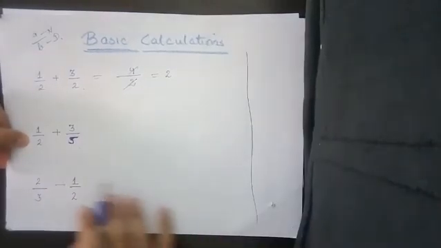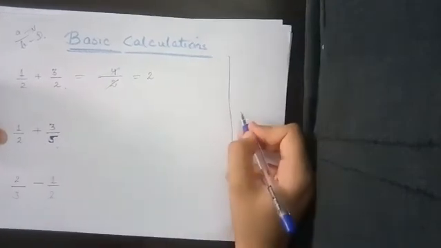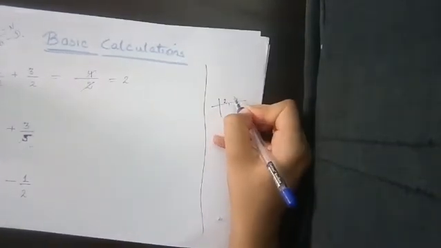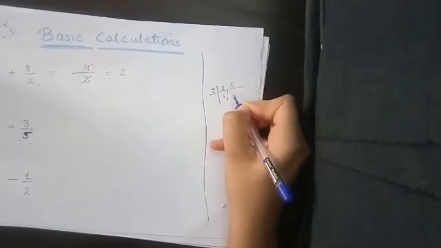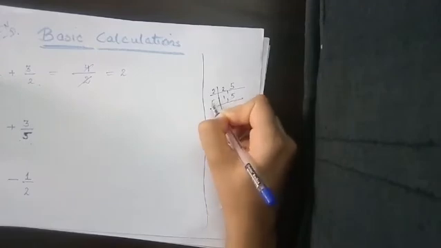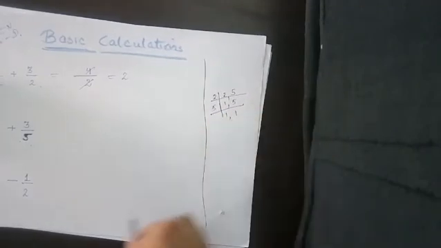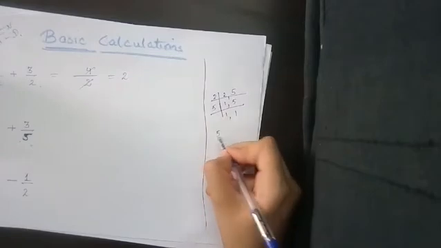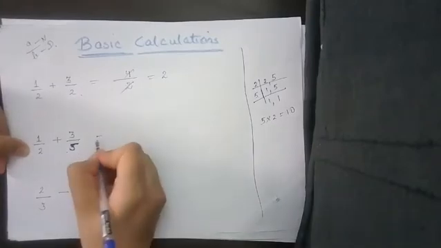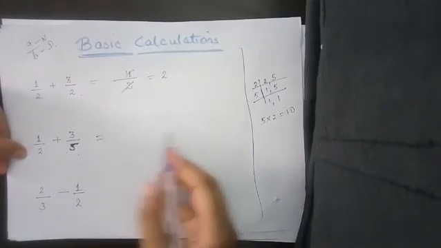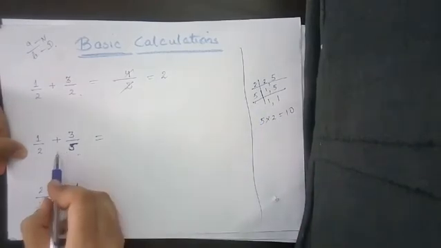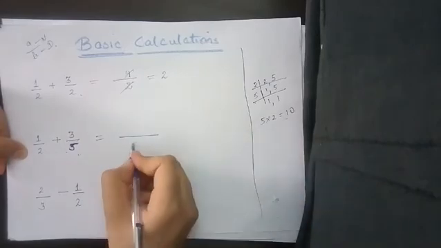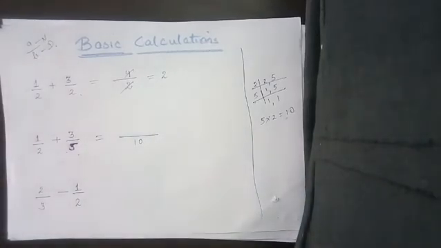You will make a rough column. You will take LCM of the denominators, 2, 5. 2 ones are 2. It will not go with 5, so 5 as it is. 5, 1 as it is. 5 ones are 5. So what the LCM comes? 5 into 2, 10. Right? You understanding it? You know how to take LCM? You took the LCM. You will write 10 here. Okay.